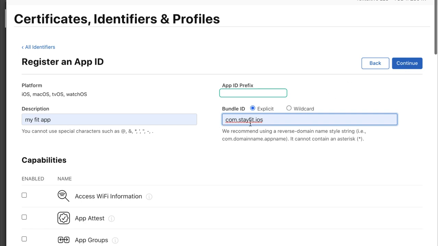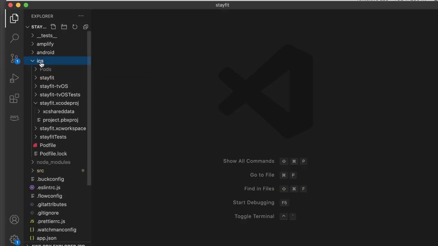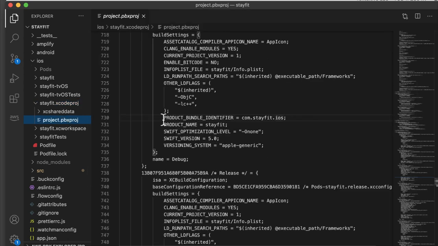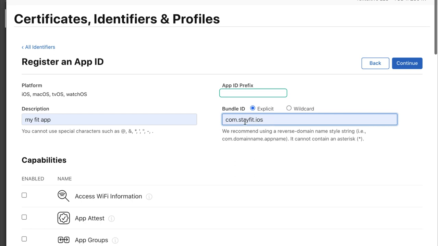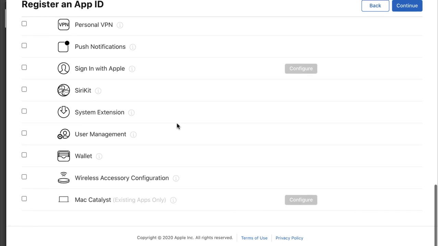And if you don't remember what this is, you can pull up your code in VS Code, and then in the iOS directory, in your Xcode project directory here, there is a project.pbxproj, and there should be a product bundle identifier right here. We will copy this into this bundle ID field here. Then we will scroll down here and select sign in with Apple,